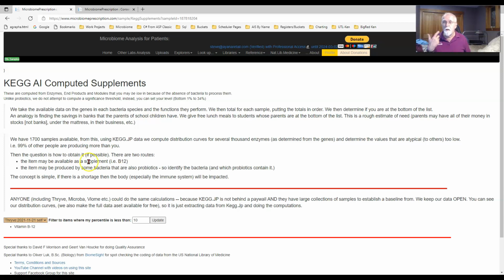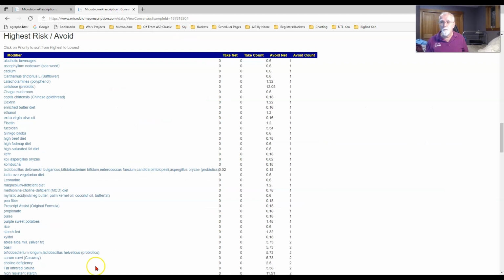So in one way, this validates how I'm calculating it, because it's coming up with not only reasonable but very common suggestions, although it knows nothing about chronic fatigue syndrome, and it's only working off enzyme production, and the production of B12 in the enzyme is way down there. Hence it says, okay, you need to get more B12. So that's basically it. You have everything there.